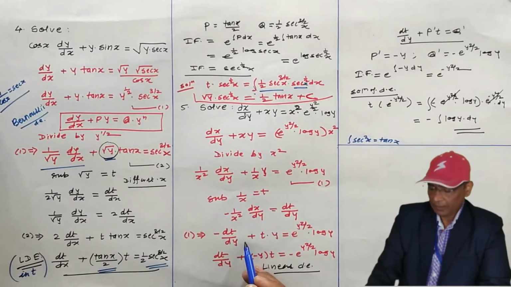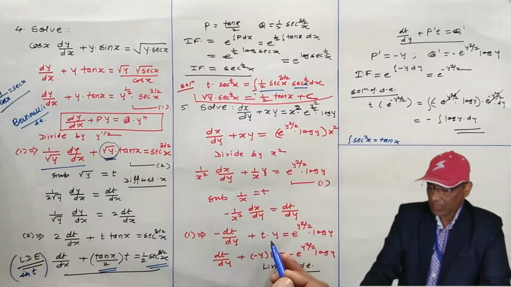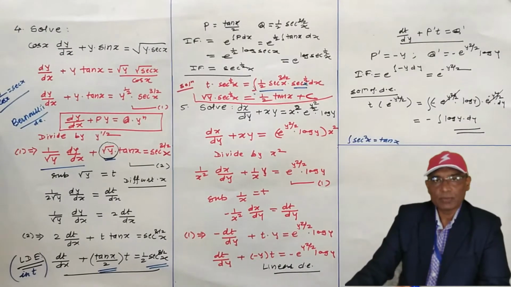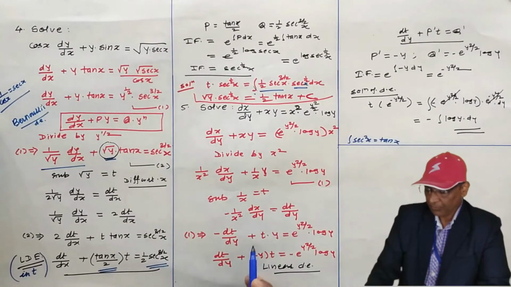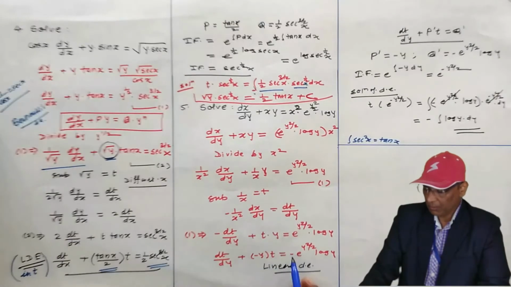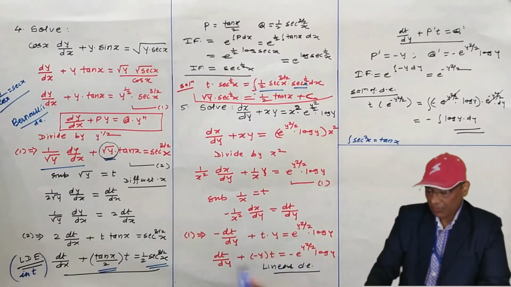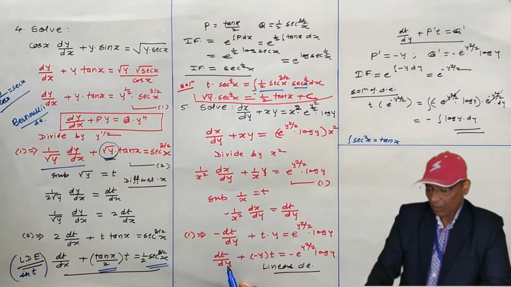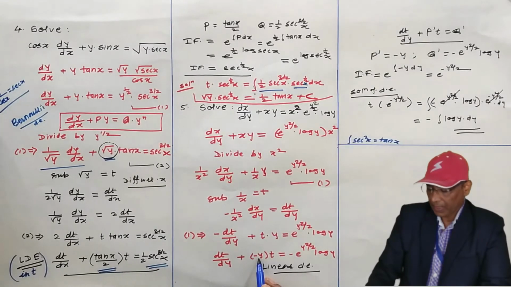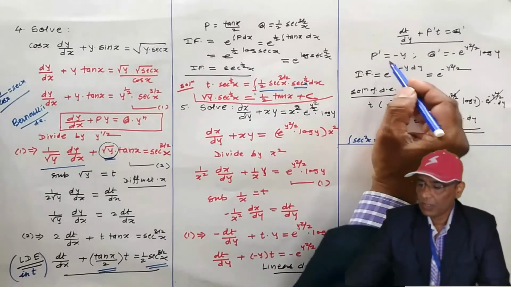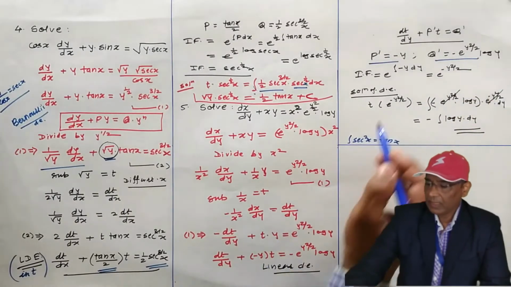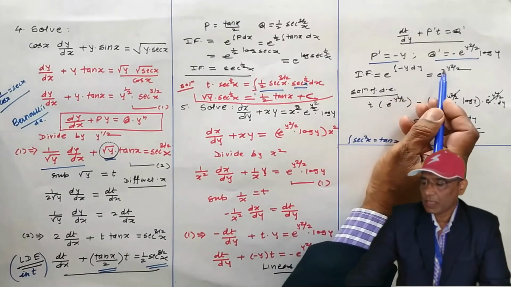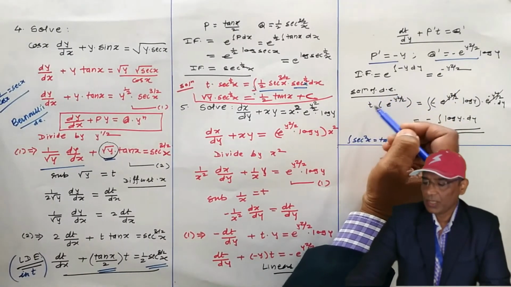Some steps I have written directly, and 1 by x is t, y is as it is, right hand side is as it is. So minus is unwanted, you can multiply throughout the equation by minus in order to remove this minus sign. Now this is a linear differential equation in t, and y is present in the coefficient, therefore minus y is P dash, and right hand side is Q dash. Then find the integrating factor e to the power integration of P dash dy, integration of minus y is minus y square by 2, and the solution of the differential equation is what?